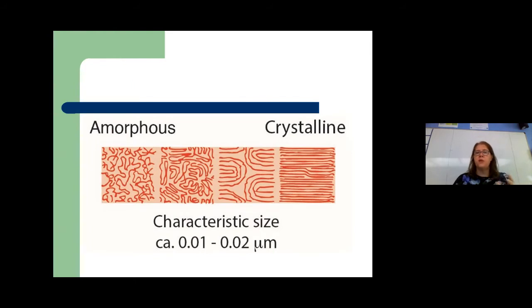Okay, so this is the polymer chains. And if you look at the amorphous side, you can see that the polymer chains are all kind of tangled up around each other, a bit like a pile of spaghetti. Okay, so these polymers are very, very rubbery, bendy, chewy, and this is how we want our chewing gum. So, excuse me for being gross, but my chewing gum is very, very chewy. Okay, you can do this at home if you want to. I'm sure you've probably done this lots of times, but it's very bendy. We can shape it into all sorts of different shapes.